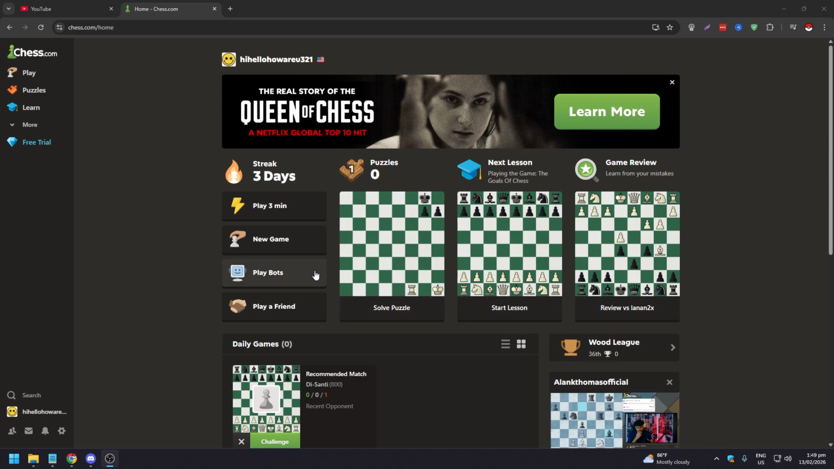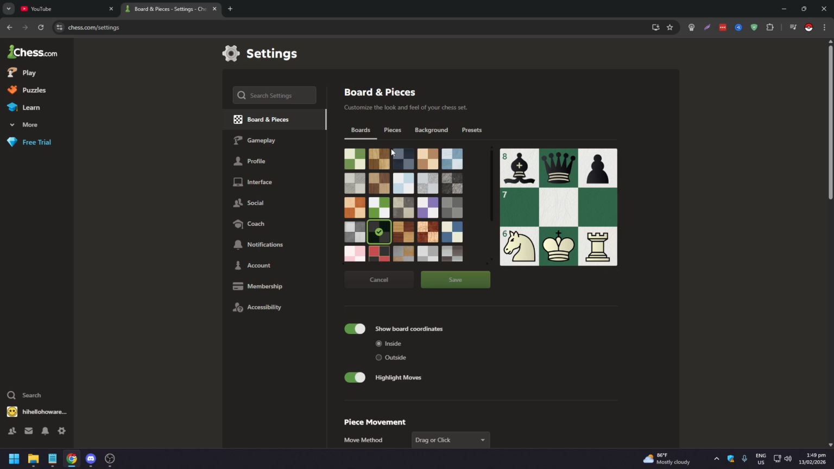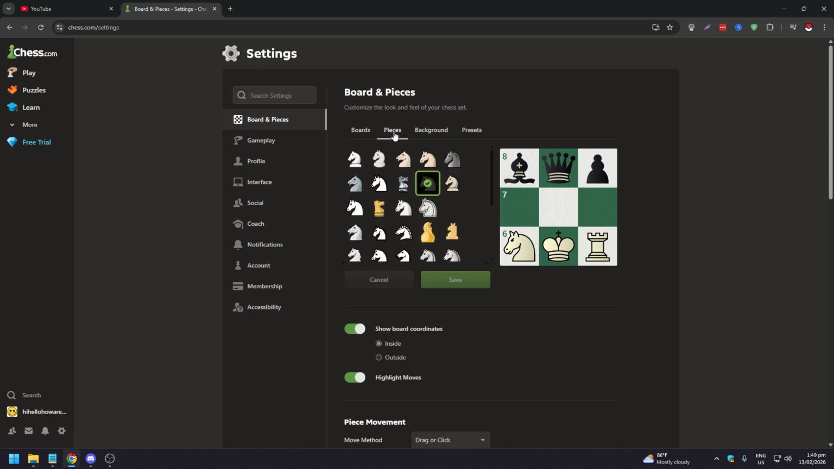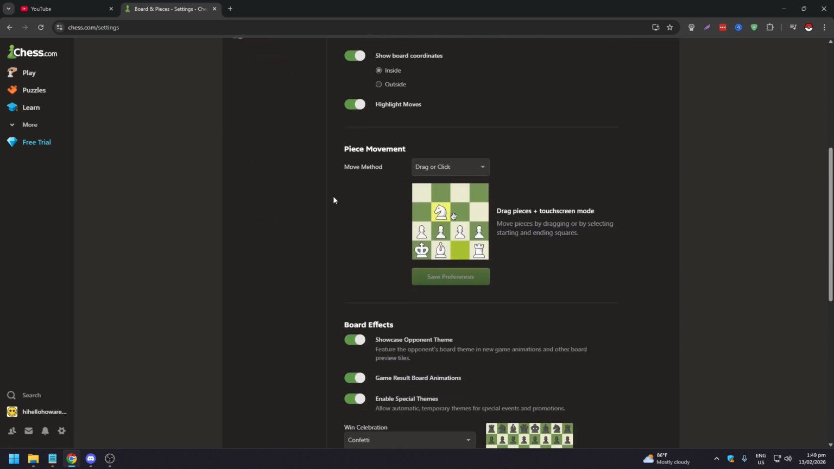We want to click on the gear icon or settings icon on the lower left corner of your screen like so. This pop-up will appear, click on all settings. There you go. Once you are in the settings tab, you want under boards and pieces, which is the default setting here. Click on pieces and then scroll down until you see